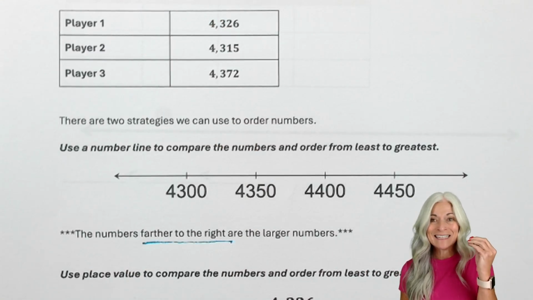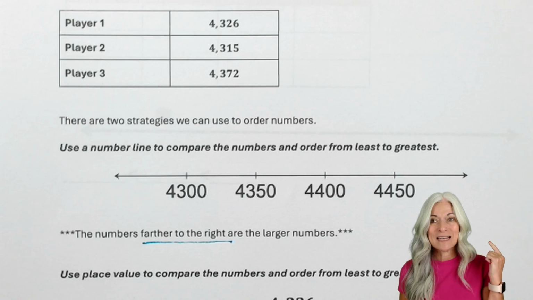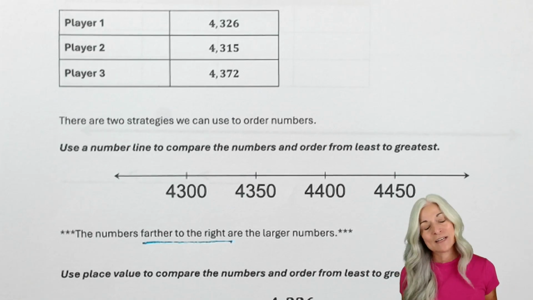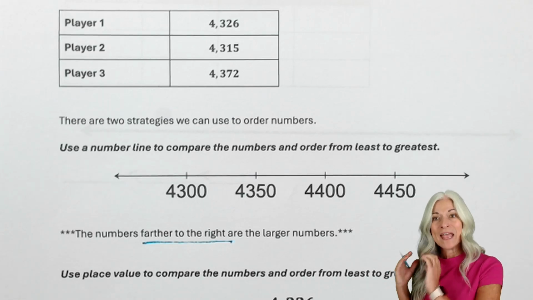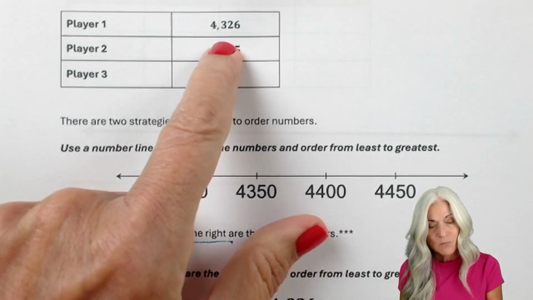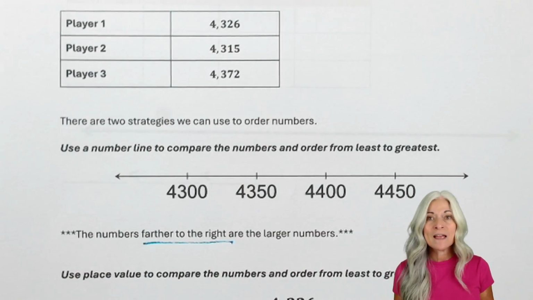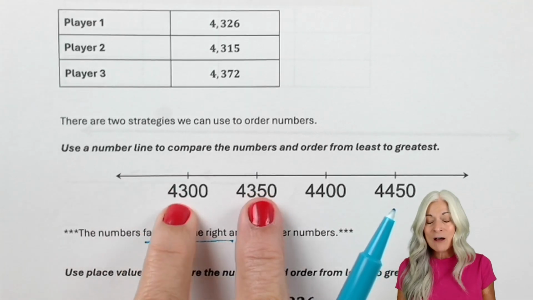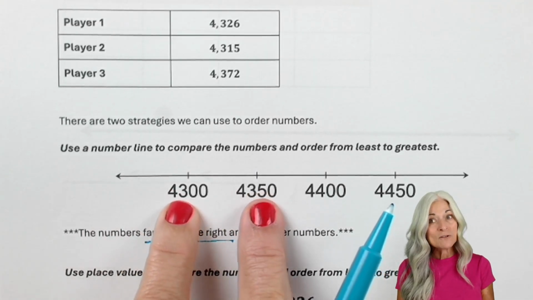4,326. Again, just like I stressed yesterday, number line and spatial reasoning with number lines is so important. Please help build that foundation now. It will help your students so much. I promise you, it'll help them in the future. Where should we place 4,326? Well, I know that it would be almost in the middle